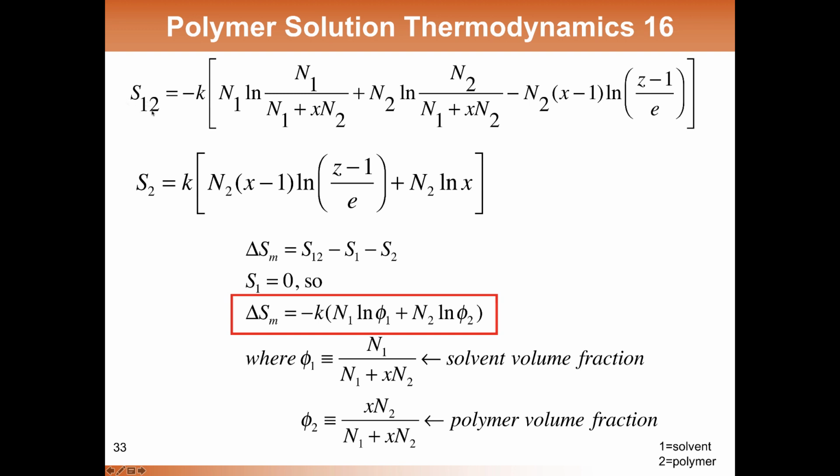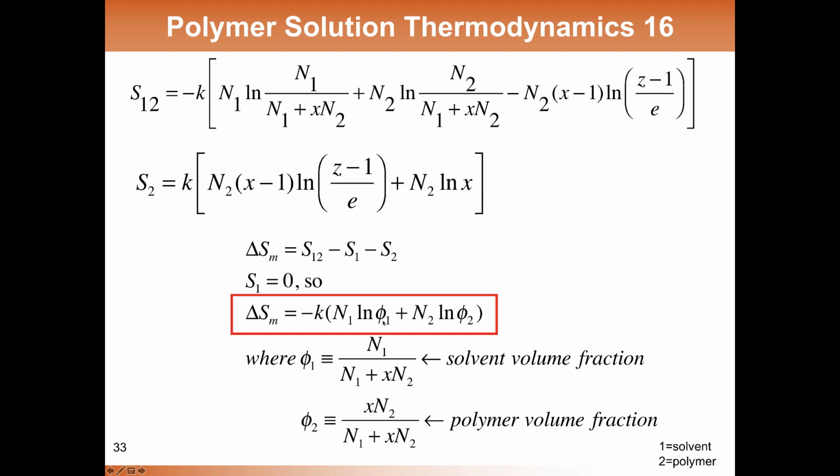Then this is the entropy associated with the polymer-solvent mixture, the entropy associated with the pure polymer, and the entropy associated with the solvent is equal to 0, as we argued earlier. The delta S of mixing can then be calculated as S12 minus S2. You see some of these terms canceling, and what you're left with is a very simple expression, which is absolutely remarkable. It's minus Boltzmann's constant times the number of solvent molecules times the logarithm of the